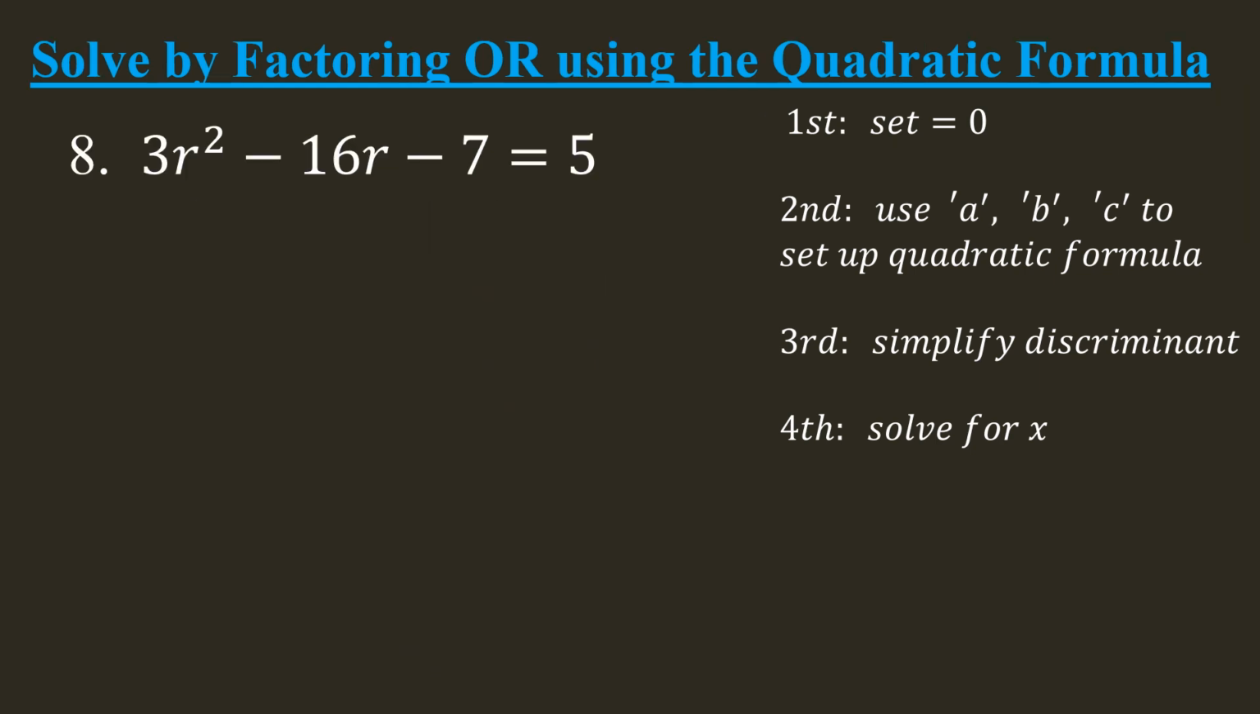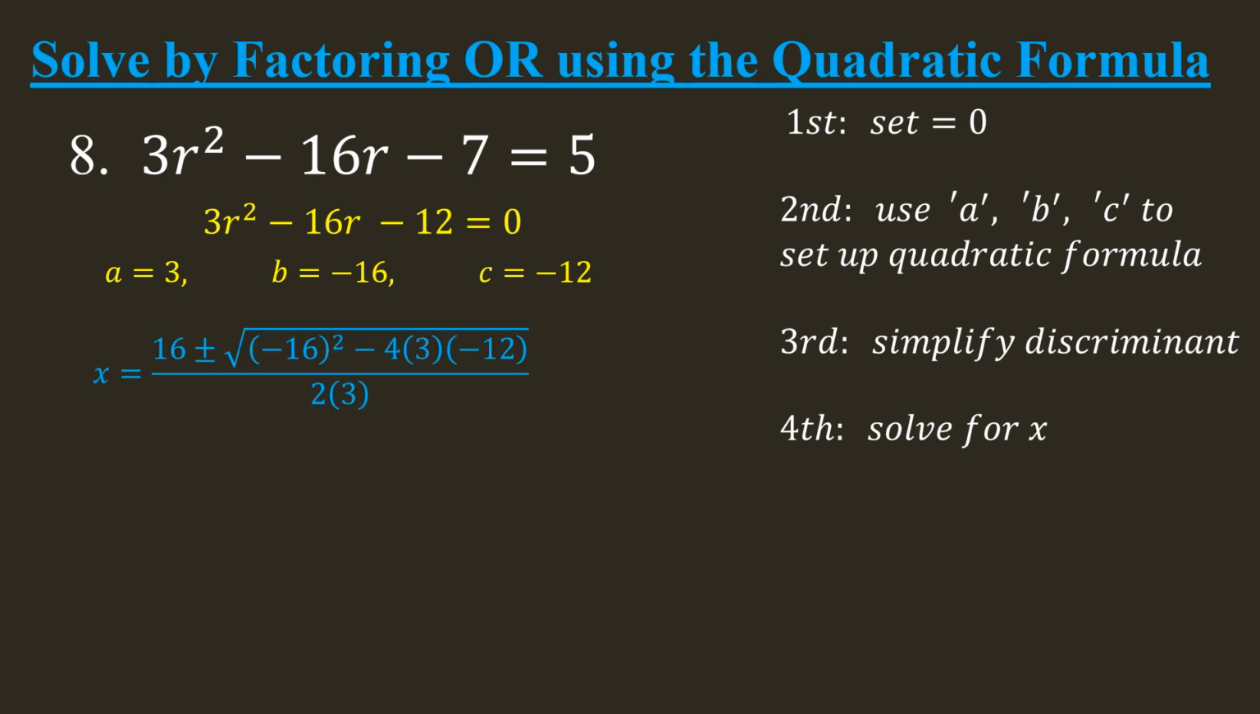All right, here we go with number 8. 3r squared minus 16r minus 7 equals 5. We do need to set it equal to 0 by subtracting 5 on each side of the equation. That gives us 3r squared minus 16r minus 12 equals 0. You can now use your values of a, b, and c, 3, -16, and -12, to set up your quadratic